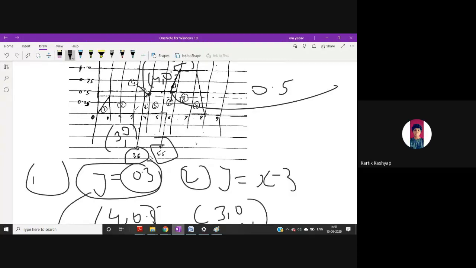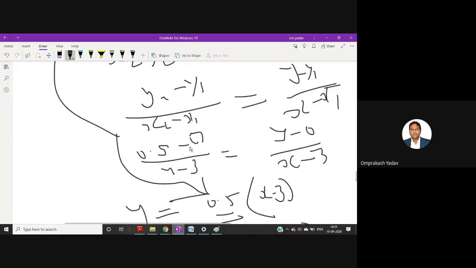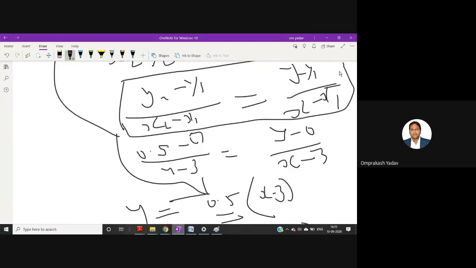Anybody has doubt? Sir, how did you take the slope as 1 directly? We need to find the slope first and then solve it, right? So there are multiple methods you can solve. For example, this I'm calculating by the 2-point form. I am using this particular formula: (y2 minus y1) upon (x2 minus x1) is equal to (y minus y1) upon (x minus x1). If we are having 2 points of a line, you can find out the equation for this line, where this is your coordinate x1, y1 and this point is x2, y2.